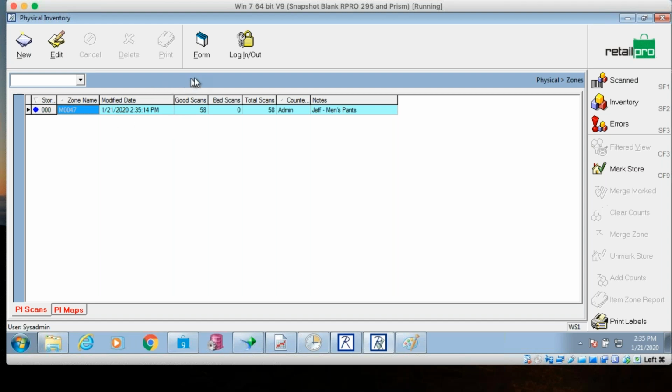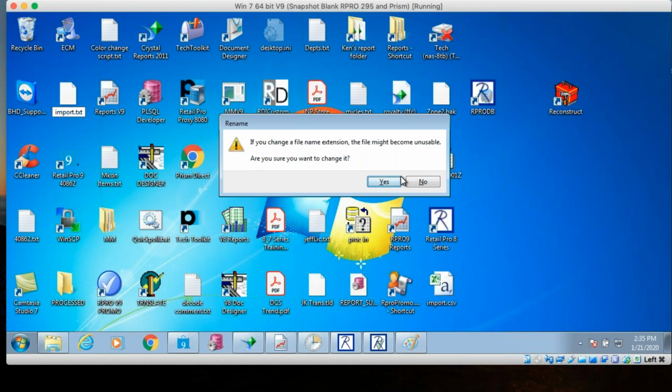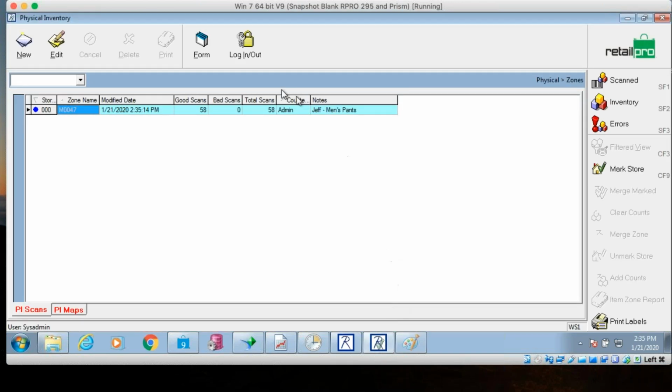All right, so let's go take our, so it renamed our import file, right? I'm gonna change that back to text so we can play with it a little more, right? So I'm gonna run back through this a little faster and talking a little less this time. Again, if you have any questions, feel free to stop me, say something. You guys have been really quiet, and I get it. It's pretty boring stuff, but